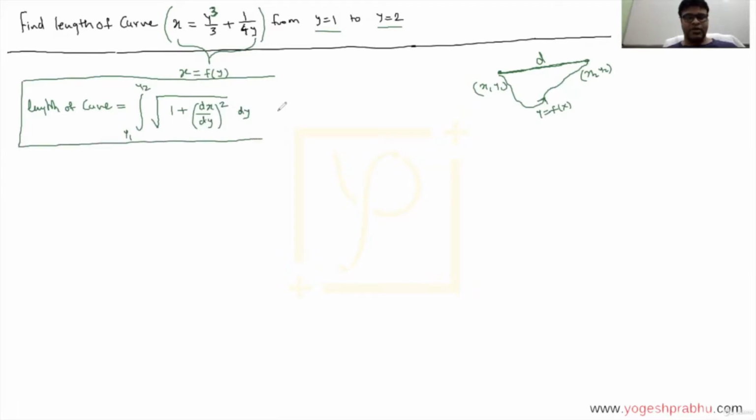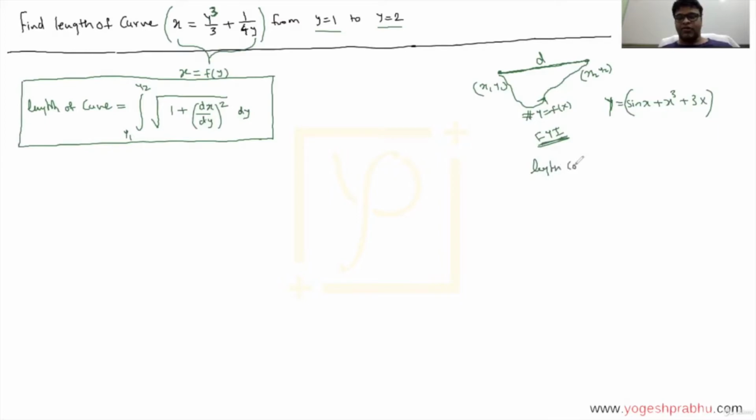In most cases, the standard way of writing a function is y as a function of x, so most questions will be like that, but you can get a question like this also. If you get this question, you will use this formula. But say you get y as a function of x, something like y equal to sin x plus x cube plus 3x. Now this is y in terms of x. Just for your information, let me write down the formula in this case as well. The formula will go exactly the other way around.